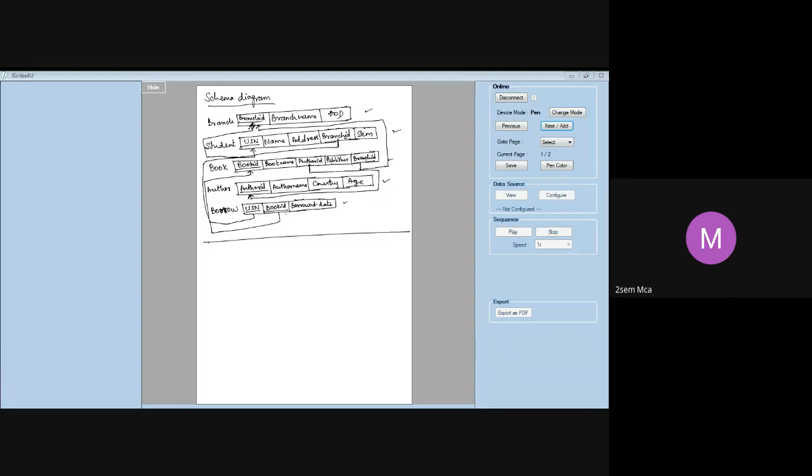For example, let us see just an example. See the first query they have asked: list the details of students who are studying in second semester MCA. That is your first query. That means you should have some data in the branch table, you should have MCA. In the student table, you should have semester as second sem. Some records, at least 2-3 records, you have to put in, so that when you give this query, you get some results. If you don't include MCA and blindly go on entering data, you will get no record found for that query, which is not accepted in the examination. Am I clear?